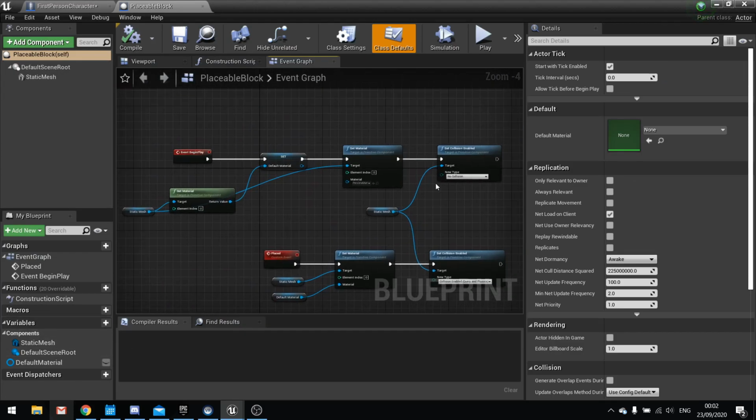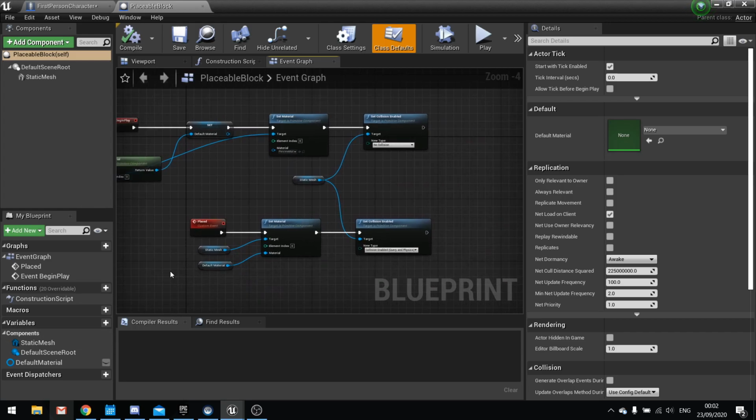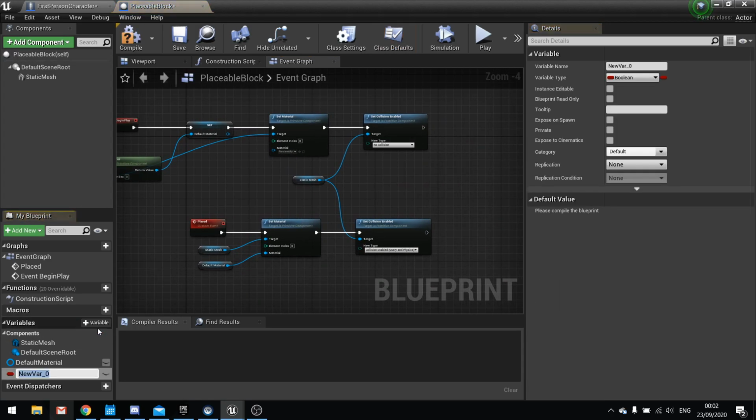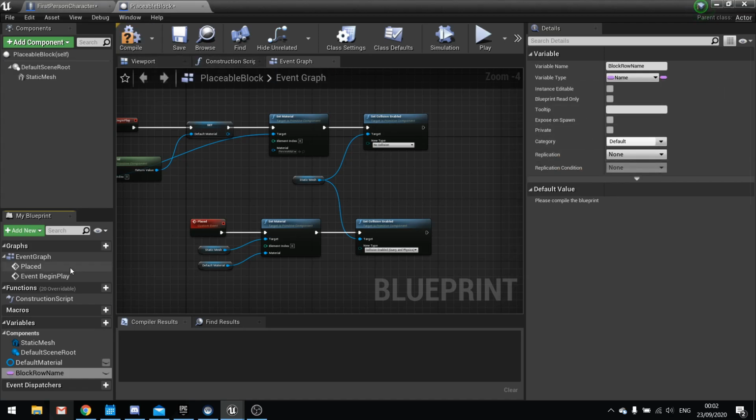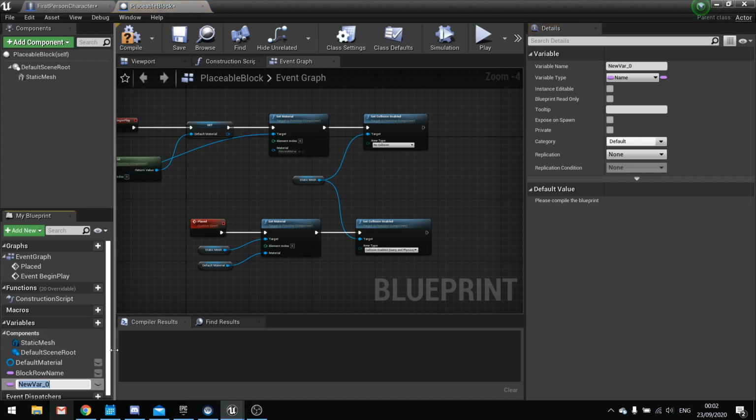So on the block here, we are going to pass in a variable for block row name and call it name. We're also going to add another variable for block recipe, and this will be of the type